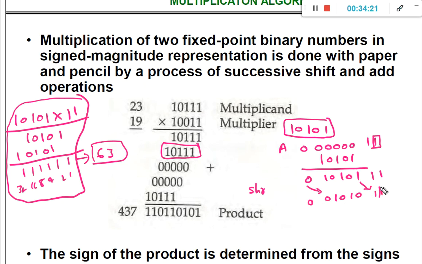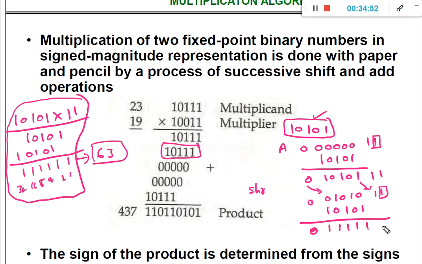Once again there is a 1 in the least significant bit. That's why you need to once again add the content of the multiplicand to the intermediate product. So 10101 added. If you add, what value are you going to get? 11111, and this will be 0 as usual.